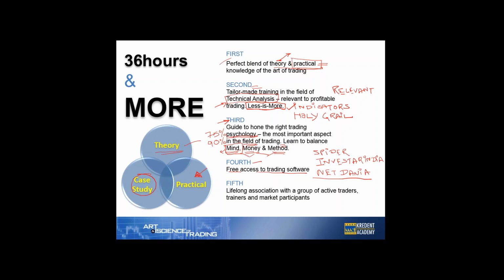The last aspect of this Art and Science of Trading course is a lifetime association with a group of active traders. Over the years, I've maintained a group of participants from National Stock Exchange and IBM and the other corporates where I've trained. They're part of an elite group that I maintain. We share market views, news, book reviews, software reviews, etc. Essentially, it's a group of like-minded people who want to share their views and news about the stock market. Each and every participant who joins this course will be a part of this group, and in this group, you can ask any questions or interact with me or any of our participants for as long as we live.